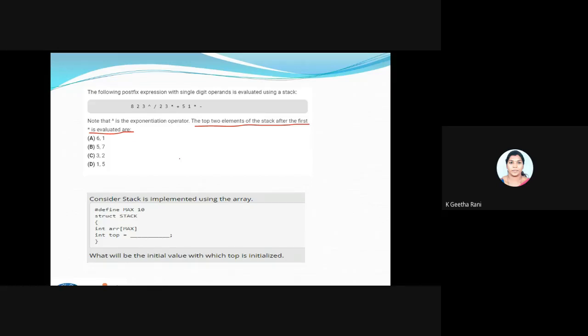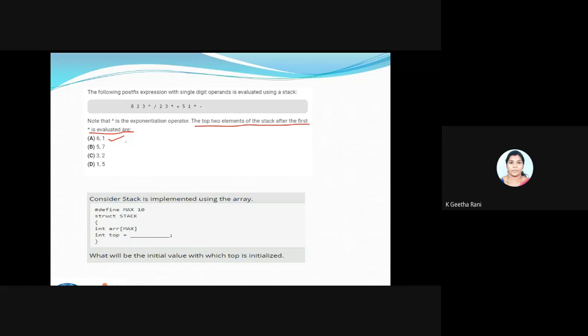Vishwant, the answer is A. Vishwant has given me the answer C. C is not the answer. Any other answer? We have only one answer here. No, I'm getting a wrong answer. D. Okay. Supriya has given me the correct answer. The answer is going to be the first one. The first one is 6,1.